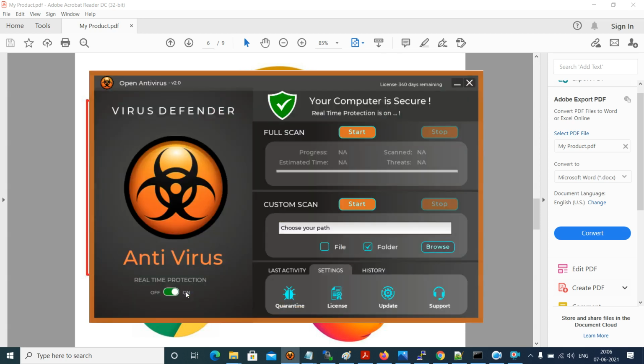if the antivirus sees any malicious files on the local hard drive or an external hard drive, it quickly scans and generates a hash value, and passes the hash value to the API cloud service. Once the threat intelligence cloud service gives a response saying that it's bad, this antivirus quarantines it. It doesn't delete it. It just puts it into the vault folder, and that vault folder can be accessed